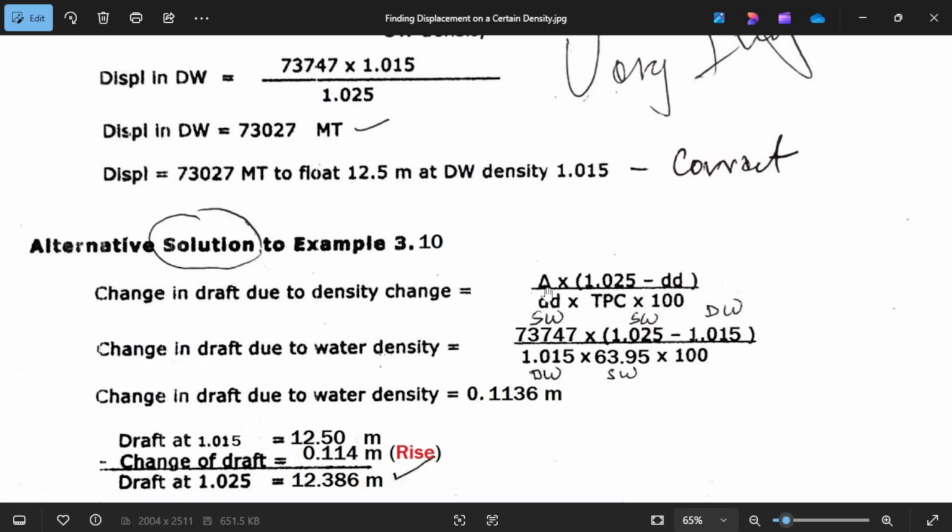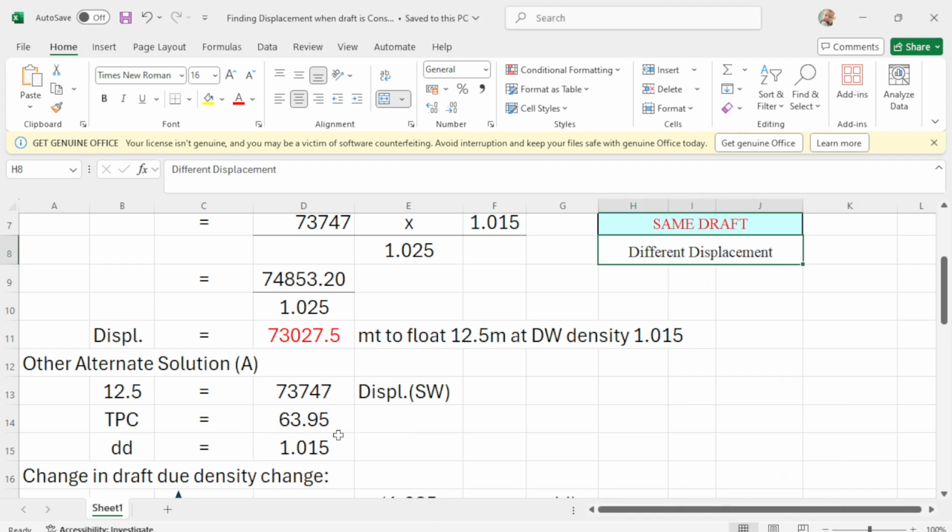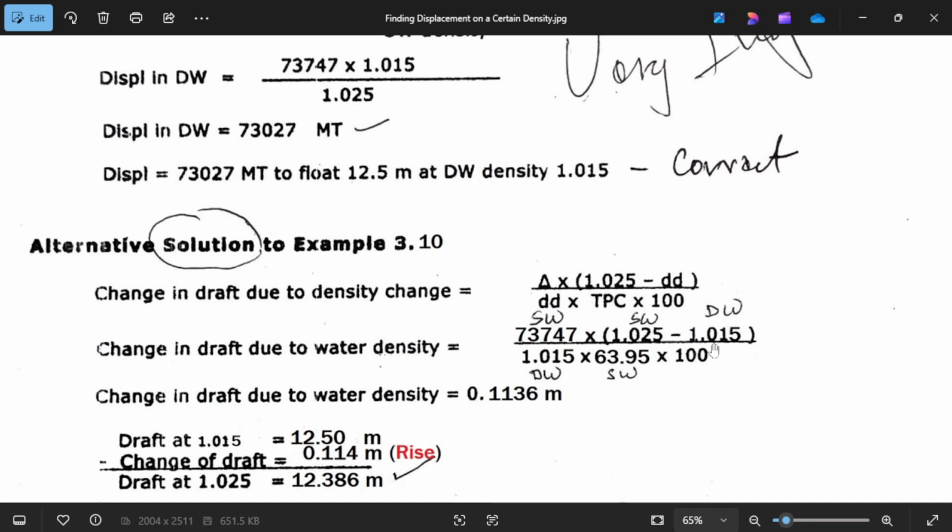So you transpose: displacement is 73747, times 1.025 minus 1.015, over the local density of 1.015 times the TPC of 63.95 times 100, and the resultant change of draft due to water density will be 0.1136 meters.